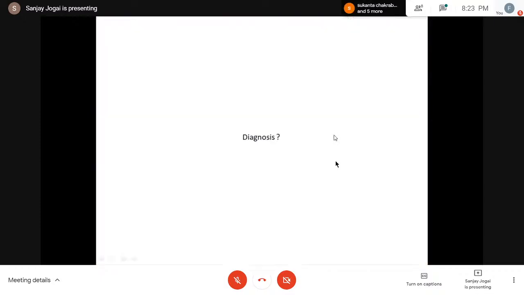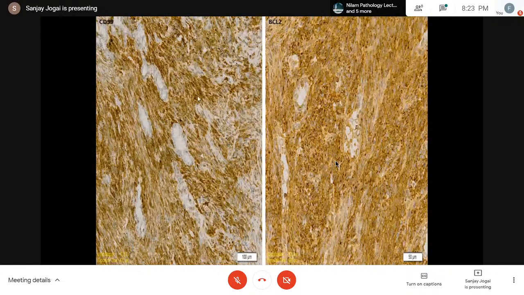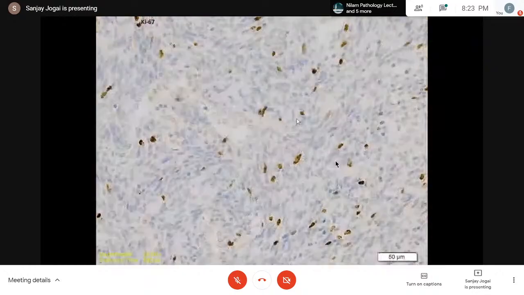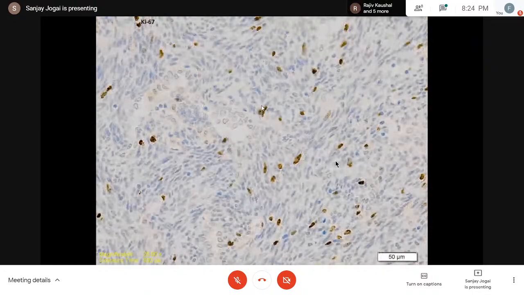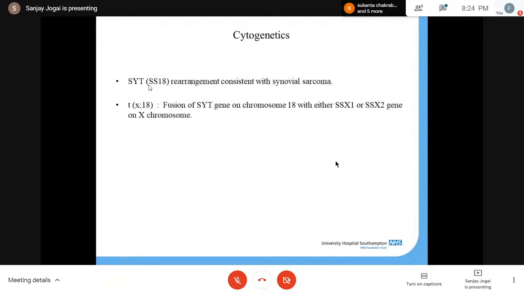And again, we did some more, and EMA was strongly positive in those cells. Then we did BCL2 and CD99 as well, and both were positive. So I signed it, and Ki67 was not very high. So I signed it as a spindle cell sarcoma. It could be synovial sarcoma, but they are uncommon. But you would not want to make a confirmatory diagnosis till you have done cytogenetics. In this particular case, we sent it for cytogenetics, and it showed the SS18 rearrangement, and that was consistent with